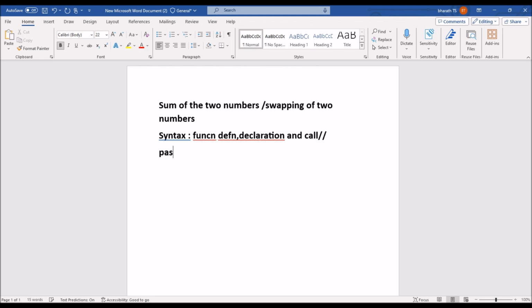passing parameters is nothing but passing parameters, you can just refer to the call by value itself. Passing parameters also you can just refer to call by value itself, call by value example. Okay, and the next one,